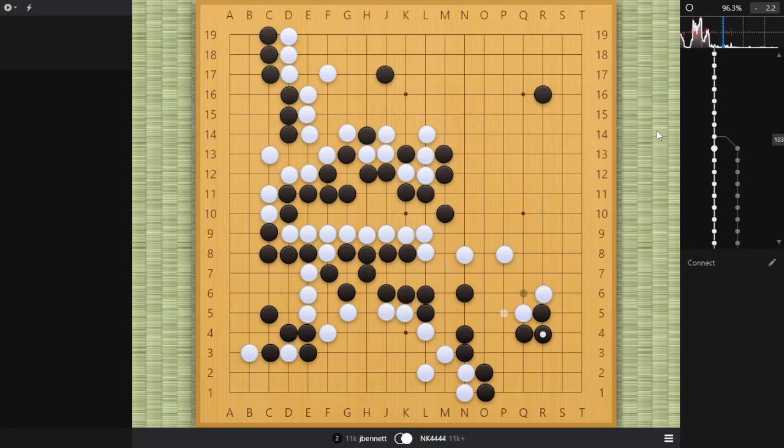The computer agrees I was ahead here. And so I played simply. But the computer does like this crosscut here. He extends. I extend. And I'm not sure I would play this way even after the computer shows it to me because